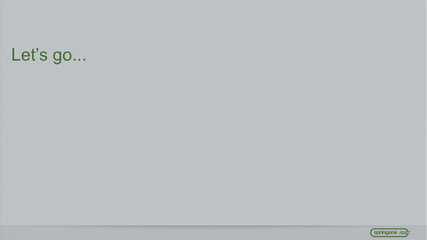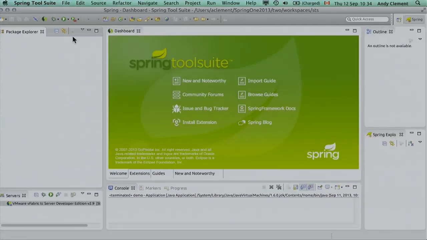So, which Eclipse do I want first? Okay. So what I've got here is STS 3.4.0 M1, which is going to be out later on today, promise. It's built, we just need to make it live. And it's got a few different things in it that I'm going to go over now. So the first thing I want to talk about is the Spring Boot integration. Now, if you saw Dave do it in the keynote or in his own session, the first thing he did is File, New Maven project. Then he had to dive in there, typing artifact IDs and all kinds of cryptic stuff. But what we've got now is a